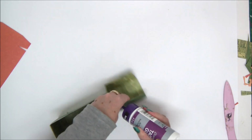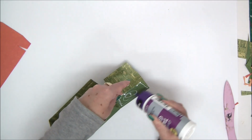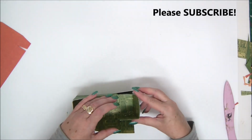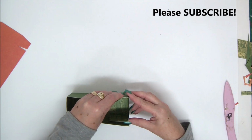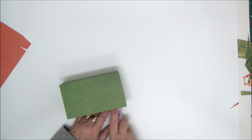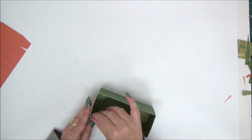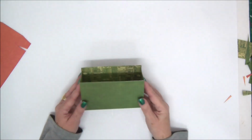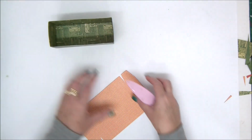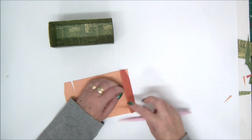You see how fast this project is. Really fast. You can make lots of boxes for whatever present, gift, surprises, just storage that you need. So this is the box, and we're going to assemble our lid in the exact same way. We're going to fold on all the score lines. Make sure they're nice and burnished,